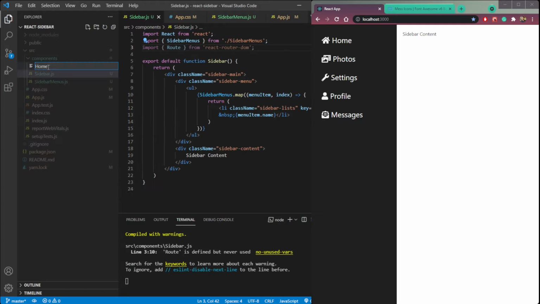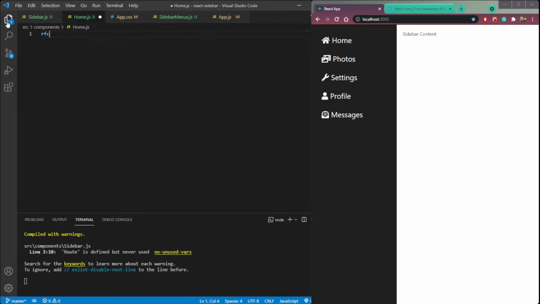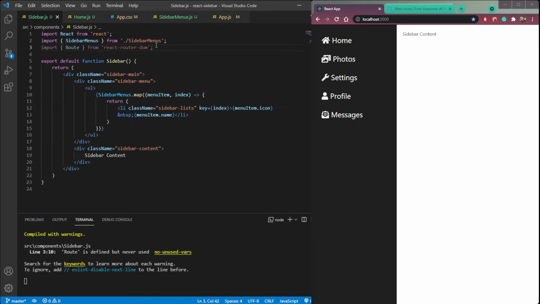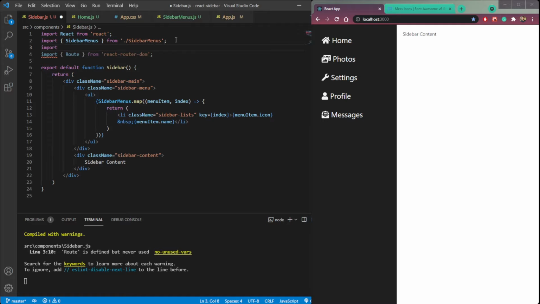Let's create the route for the home page first. So home.js, make it a functional component, and give this some sample text. So import it here in our sidebar.js file.